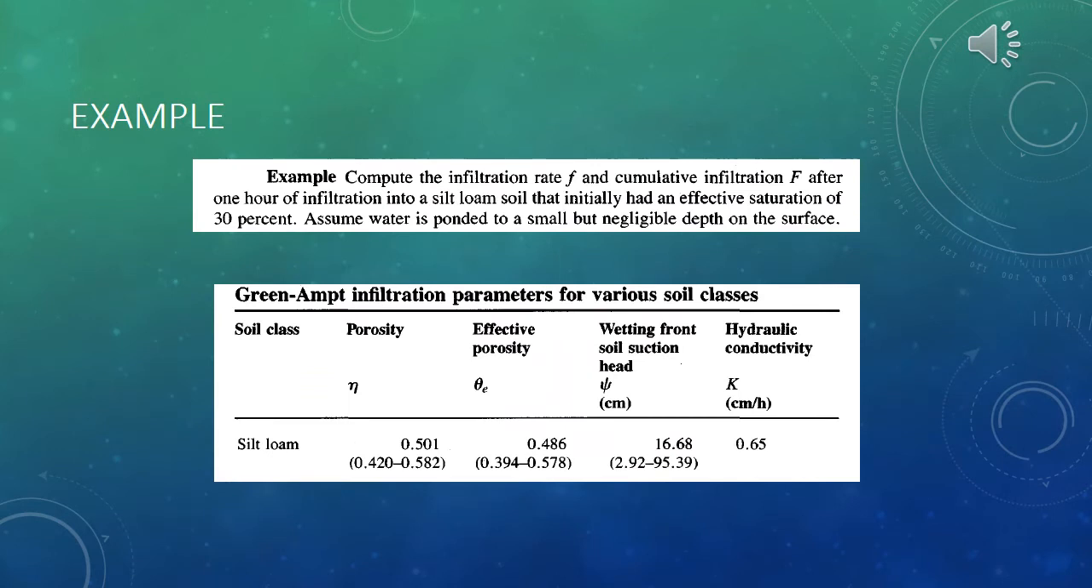We are going to compute the infiltration rate f and cumulative infiltration F after 1 hour of infiltration into a silt loam soil that initially had an effective saturation of 30%. Assume water is ponded to a small but negligible depth on the surface. We are going to go back to our